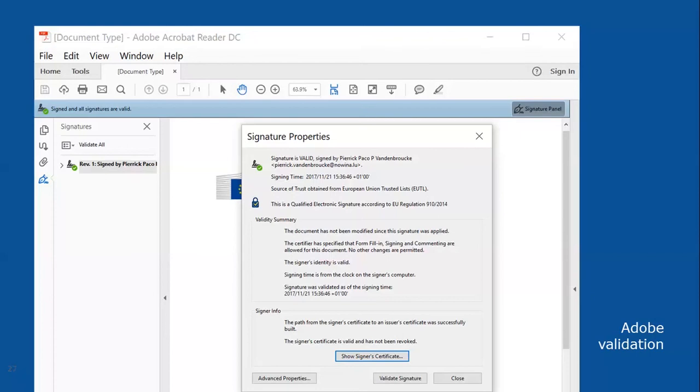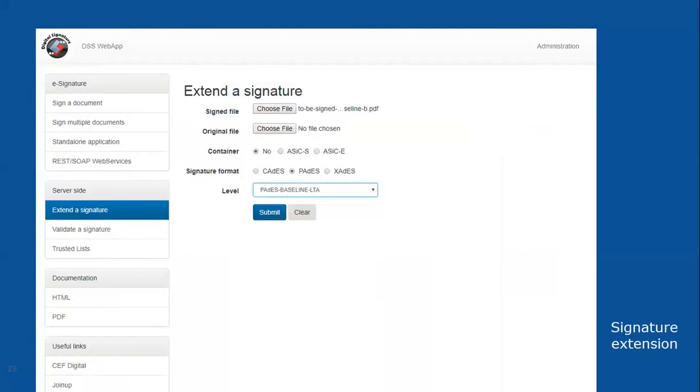meaning that this electronic signature is completely equivalent to a handwritten one, and so the demo contract we signed at the beginning is correctly signed and can be sent via email in place of sending paper documents via regular mail. Very handy, as soon as you start using it. Okay, so let's extend the signature.